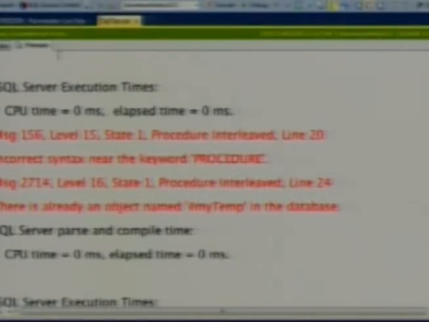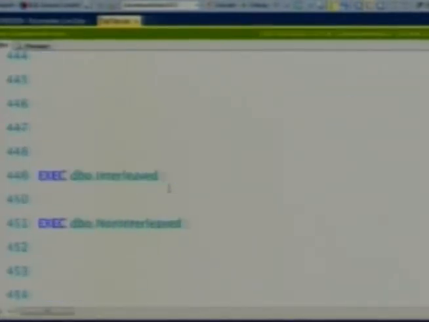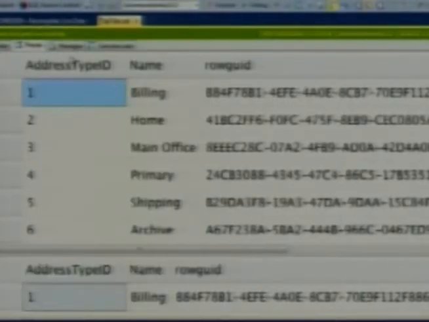Execute. Oops, what did I do? Oh, duh. This is what I want to execute. There we go. And it returns the same data I expect. It queries, blah, blah, blah. But here's where the interesting bit is.